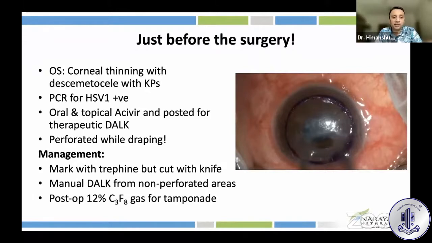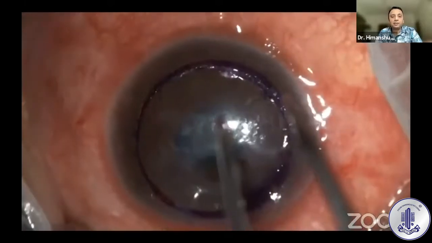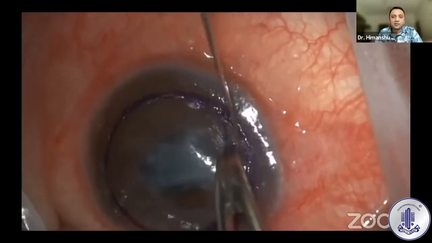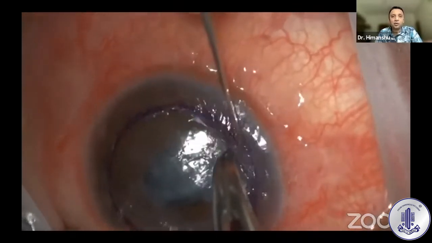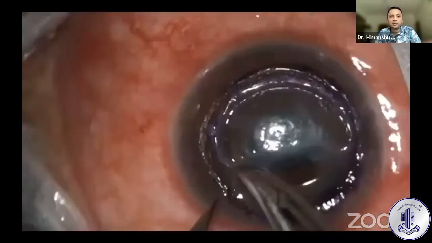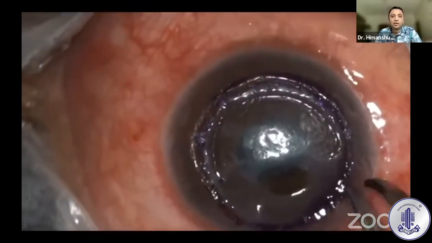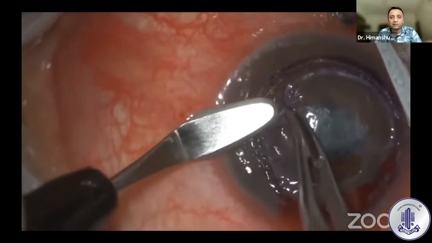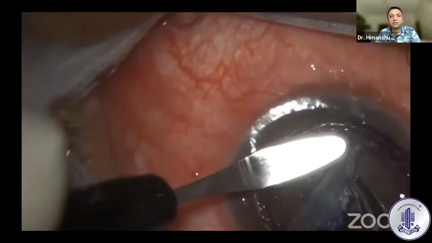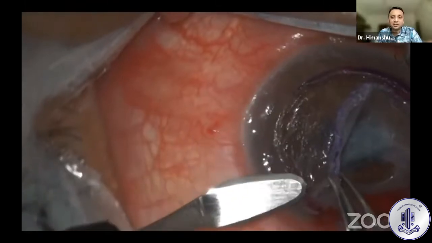for a therapeutic DALK. I had to use a manual dissection using trephine. I marked the periphery, just marked it, and did a manual dissection, and finally put a C3F gas. Now, such kinds of cases are a true OOPS moment, because you have planned the entire surgery based on that descemetocele, and you want to preserve the cornea, and you don't want to give it up. And finally, on the table, if you realize that you can't do it just because of one small silly mistake, it is